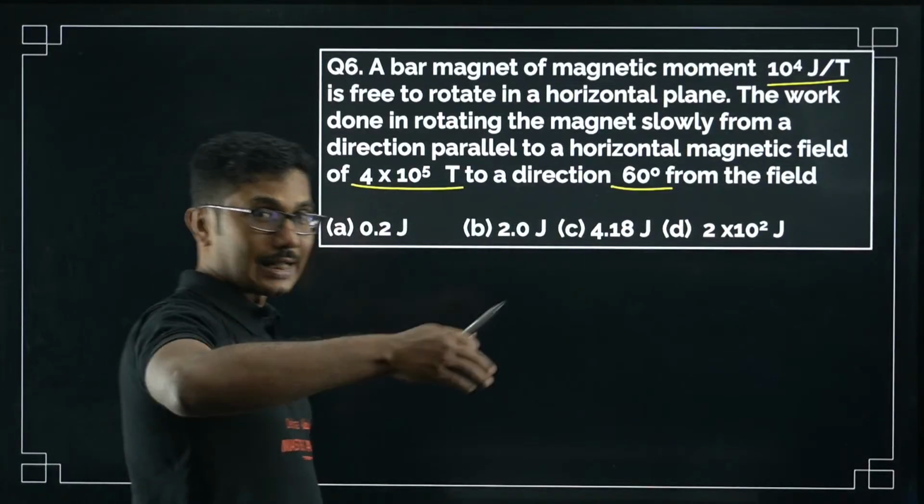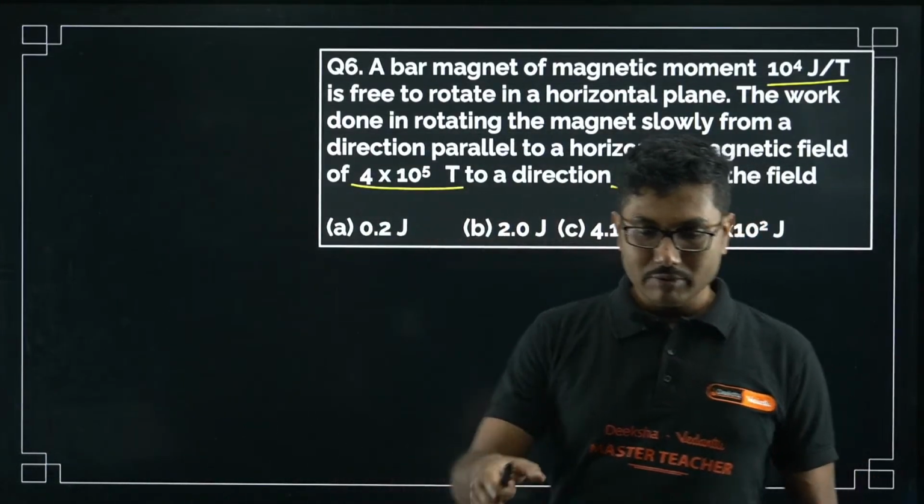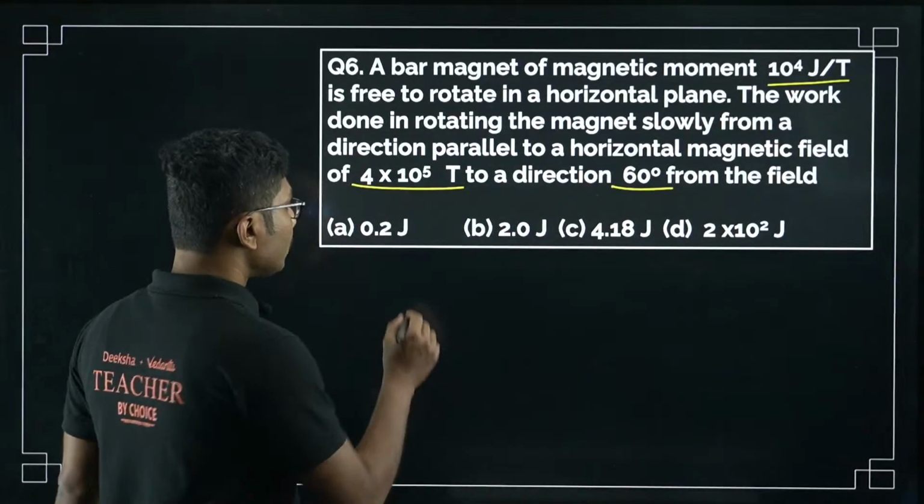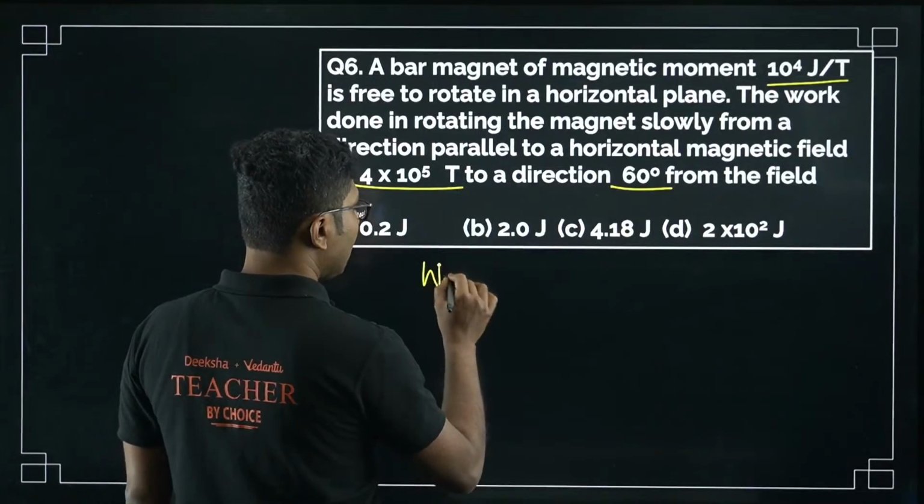Initially, obviously, it is aligned along with the external field. Now you have to rotate it to 60 degrees. What will be the work done? What is the formula for work done? So the work done or energy formula was PE